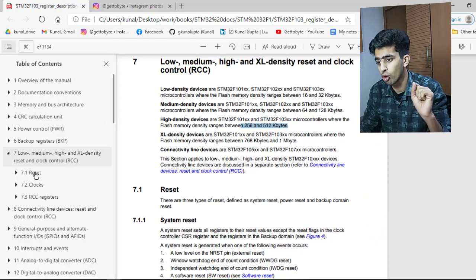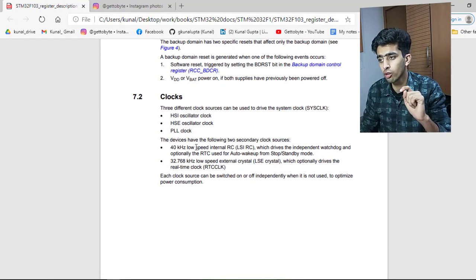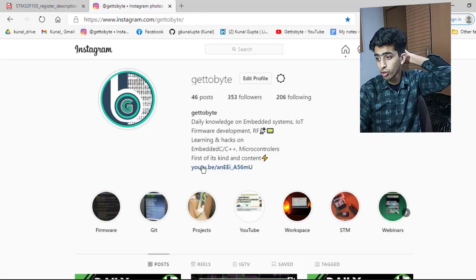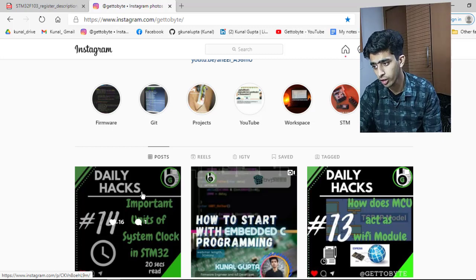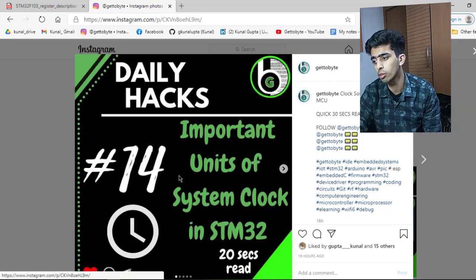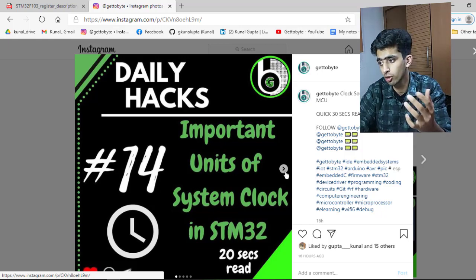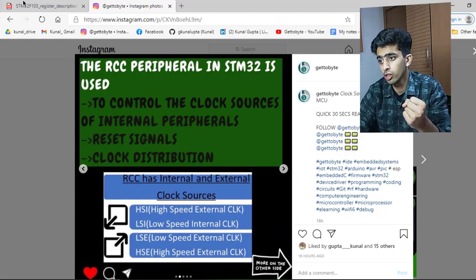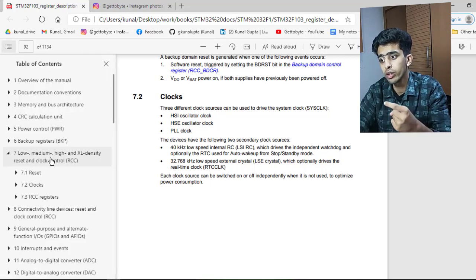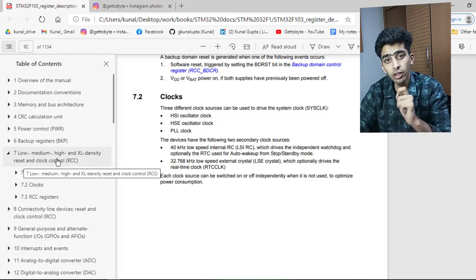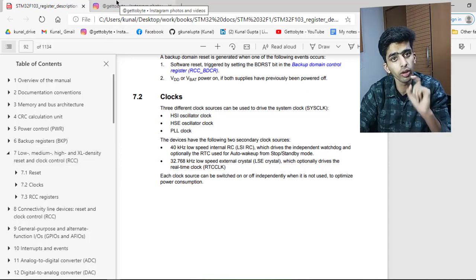Now moving to the clock control, on my Instagram account handle of Get to Byte, I have uploaded a post in which I have told about the important units of the system clock in STM32 microcontrollers. As you can see here, this is low density, high density, and reset and clock control, and in the brackets, RCC. So first thing is, what is RCC?